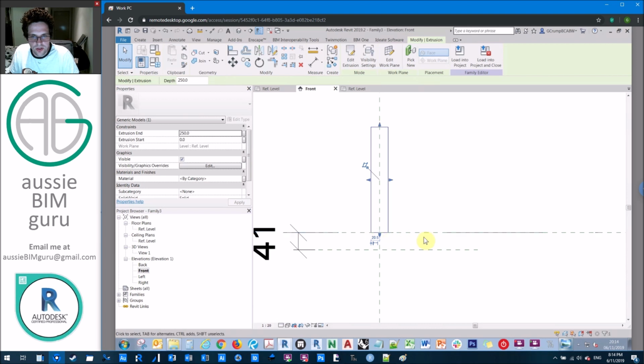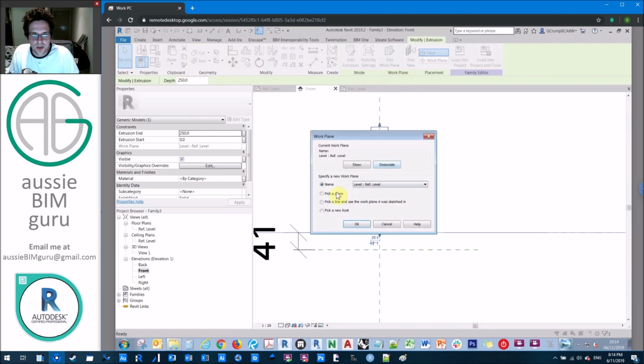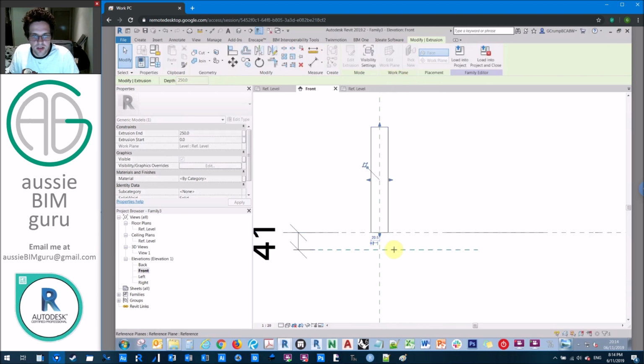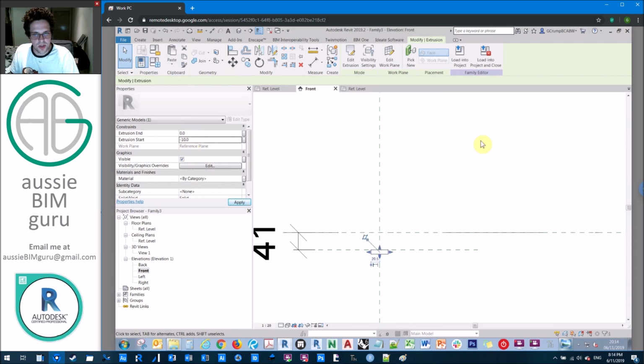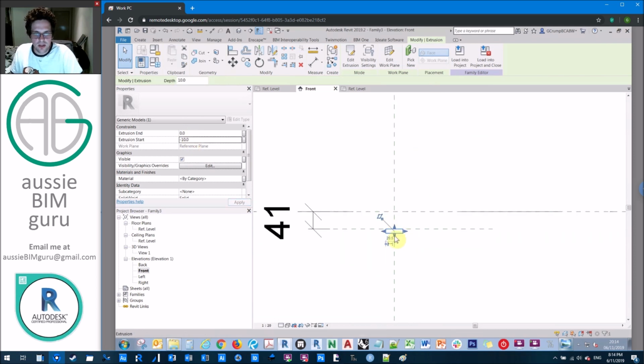So currently this is hosted to this reference plane. I can actually host this to another reference plane if I want. I can say host here instead. And note that your extrusions always have a start and an end value. So what I can do is say it starts at 0 and finishes at -10. And now you can see that this is instead still hosted to this reference plane, but now it's being downset